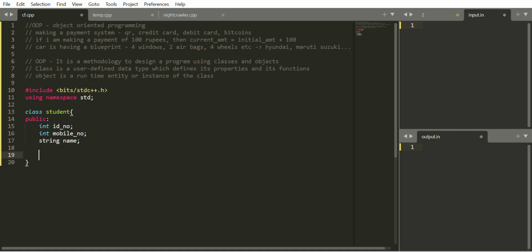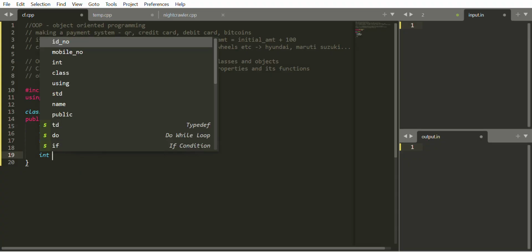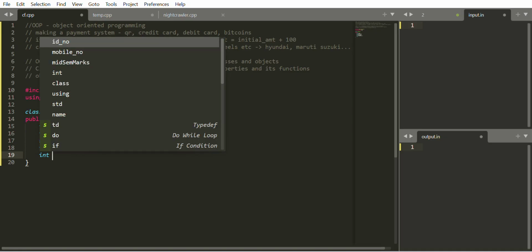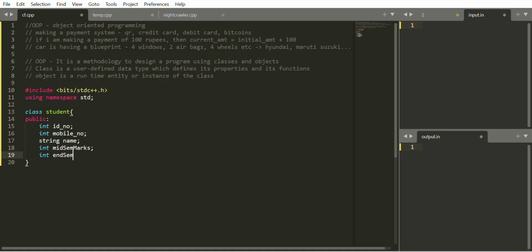And then I will create a function for them as well, which is like their marks. Okay, so I will create a function, but I will take one int, midsem marks. Okay, and now I will create an add function,